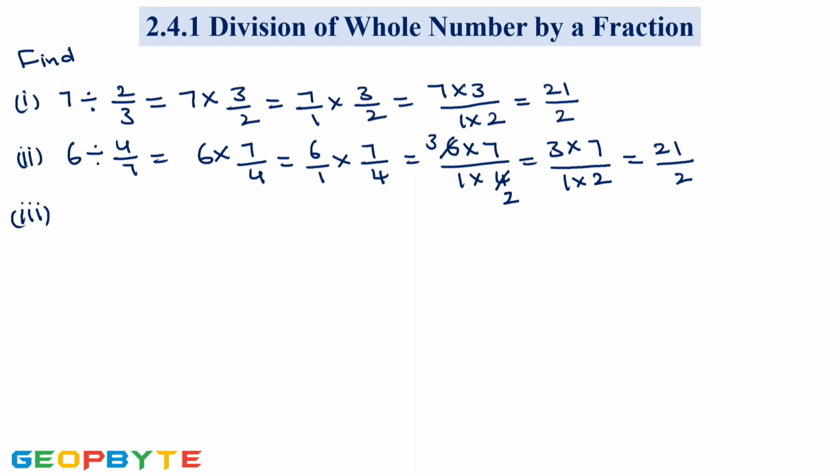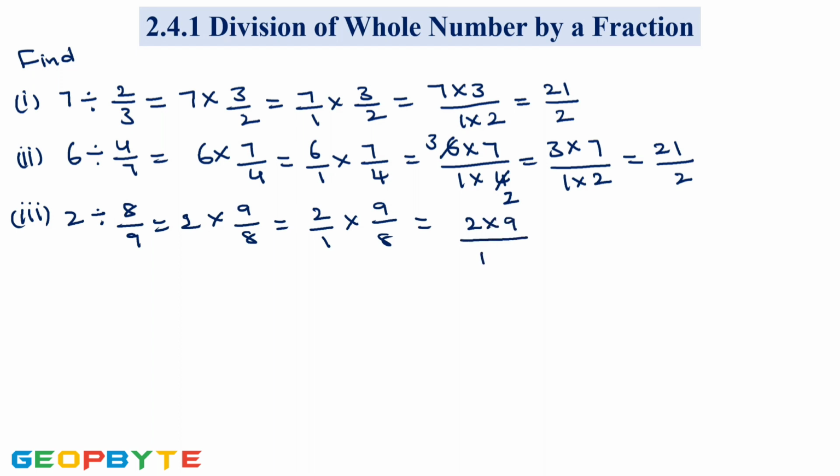Next, 2 divided by 8 by 9, which is equal to 2 into the reciprocal of 8 by 9. So the reciprocal of 8 by 9 is 9 by 8, which is equal to 2 by 1 into 9 by 8, which is equal to, now the product of numerators, that is 2 into 9, by the product of denominators, that is 1